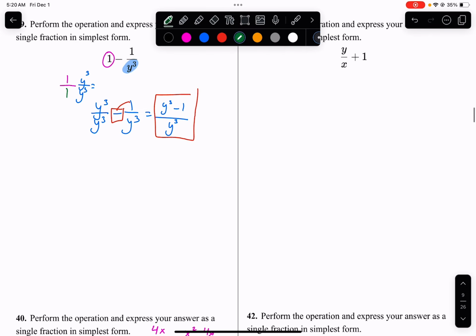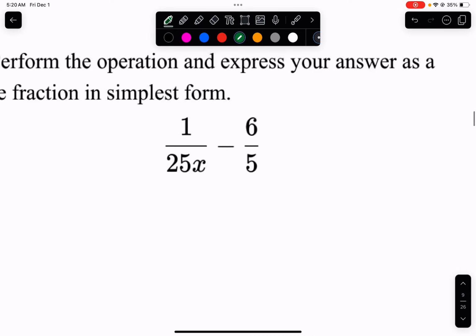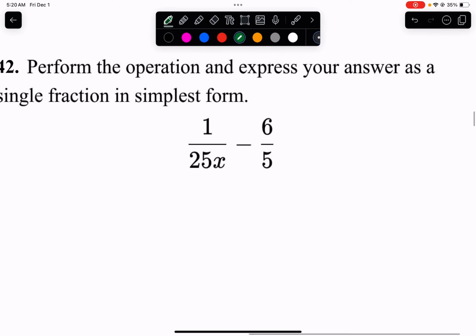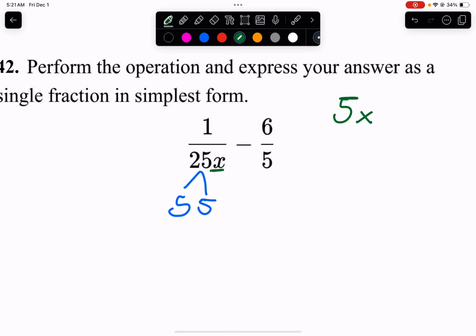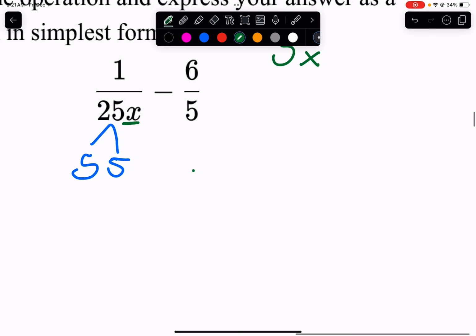All right, let's try this next one. Number 42. So on this first one here, we've got a 25. That's a bigger number, right? So we know that 25 can be broken down into 5 times 5. That means that the second fraction is missing one of those 5s. So we're going to multiply it by the missing 5. And it also doesn't have the x that the other one has. So I'm going to multiply my second fraction by 5x